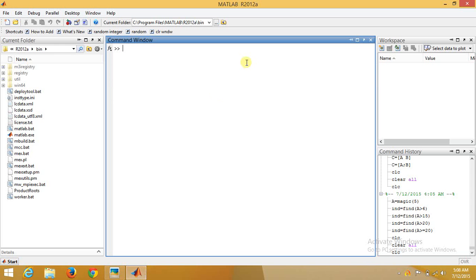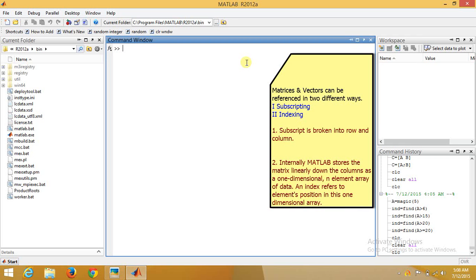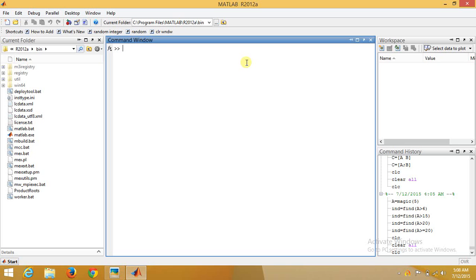Before everything, in referencing operations, matrices and vectors can be referenced in two ways. One is subscript notation and another is indexing. Subscripts are the most common way to address elements in a row or column in a matrix. It can be broken into row and column. For example, let's take an example of a magic matrix